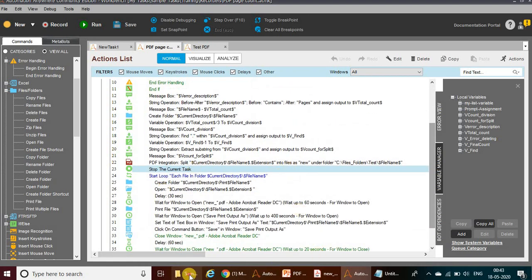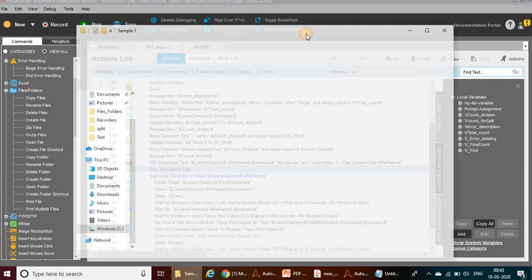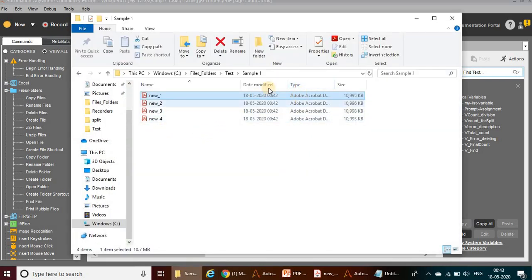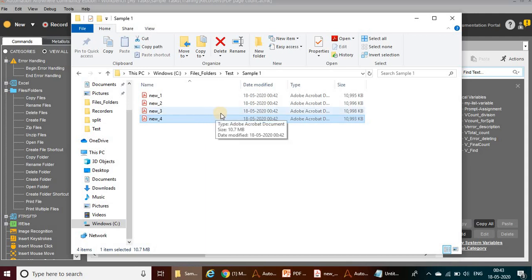Then after that you can see the file size, which is very irritating. The original file size is 11,000 KB, but the split file size is 10 point something MB. It's not acceptable. The previous file is only 11 MB, but each current file is around 10 MB, which means about 40,000 KB in total. We need to reduce the file size, then only it will work. The split document will not work like that.